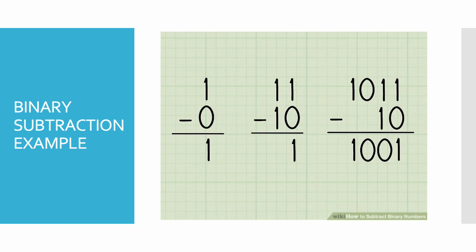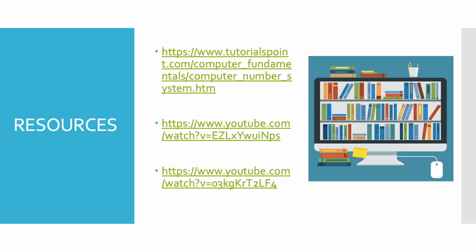In the first example, simple subtraction is there, 1 minus 0 is 1. In the second example, 1 minus 0 is 1 and 1 minus 1 is 0. We can skip writing 0. In the third example, 1 minus 0 is 1, 1 minus 1 is 0, 0 it's carried like this only, and 1 it's written like this. We will start our binary subtraction and addition from the rightmost side. We will always keep this in mind.